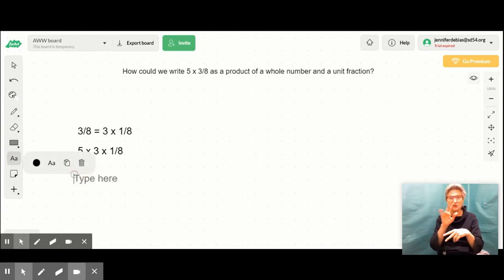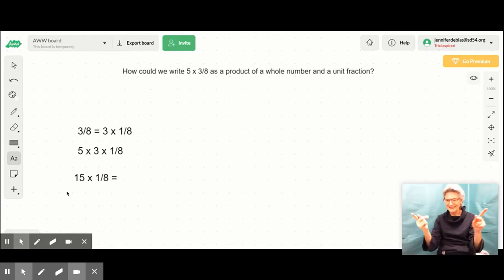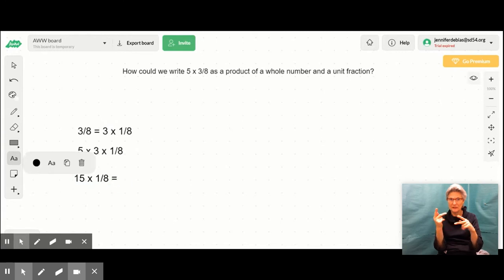Well, 5 times 3 is 15. So now I'm doing 15 times 1/8. My whole number is 15. My unit fraction is 1/8. The reason I was able to do 15 is because I know that there are 3 groups of 1/8 in 3/8, and I'm multiplying that by the factor 5. So 5 times 3 is 15 times 1/8 equals